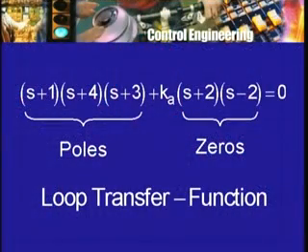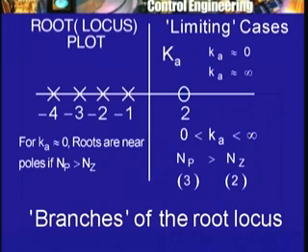So one says in this case that if Np is greater than Nz, then looking at our earlier formula here, we can see that always there will be 3 roots. So the root locus will have 3 branches. So the number of branches of the root locus will be equal to the number of poles of the loop transfer function, and one says that these branches will start at the poles,